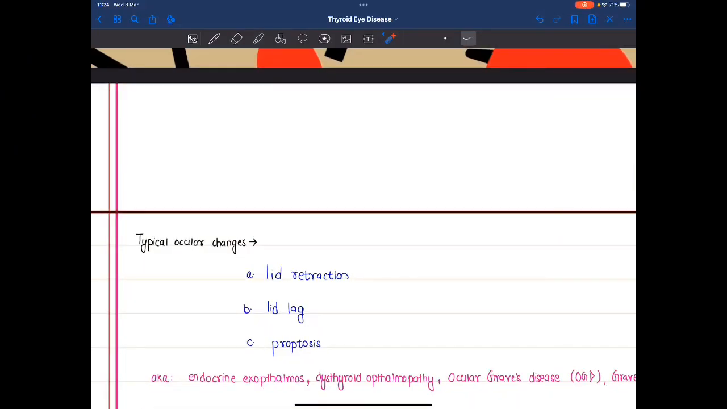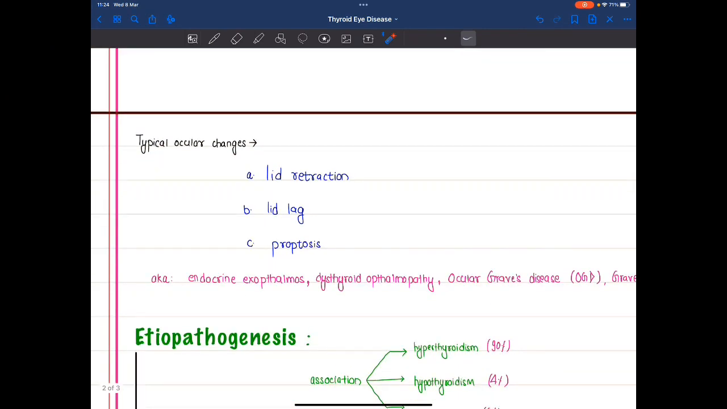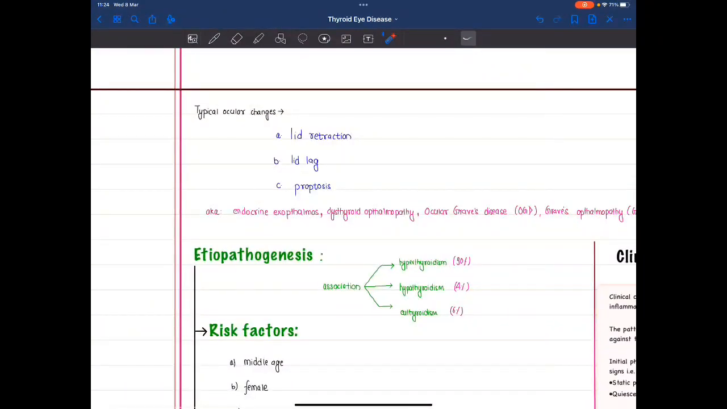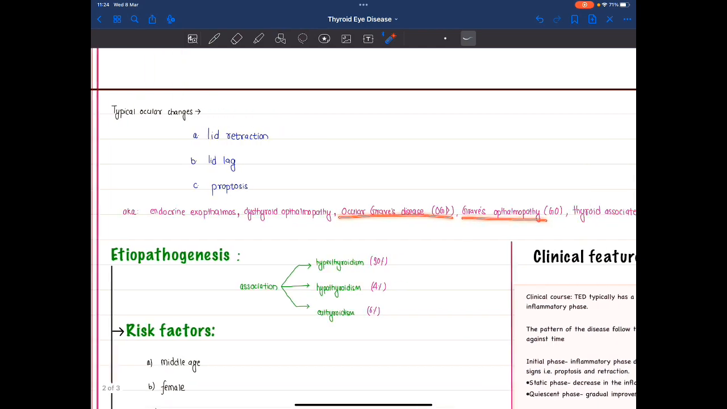On thyroid eye disease. So what are the typical ocular changes in thyroid eye disease? They are lid retraction, lid lag and proptosis. It is also known as endocrine exophthalmos, that is proptosis, thyroid ophthalmopathy, Graves ophthalmopathy and thyroid